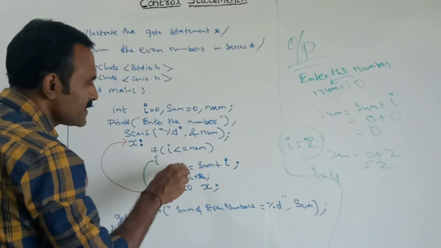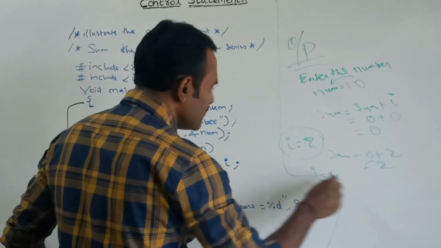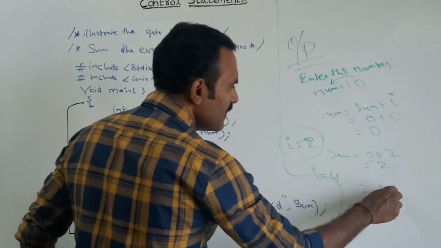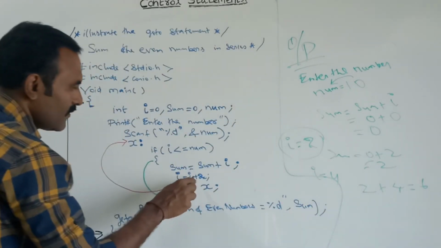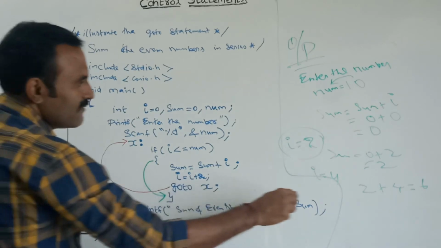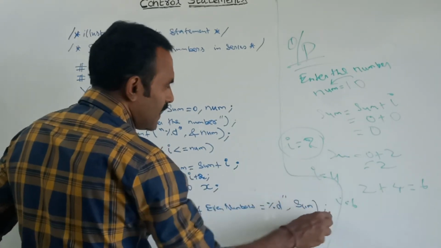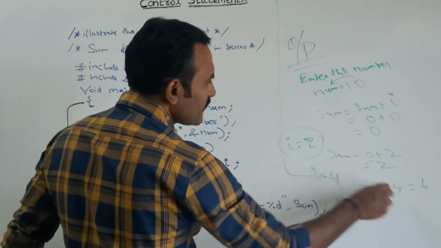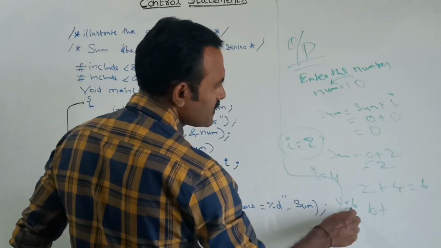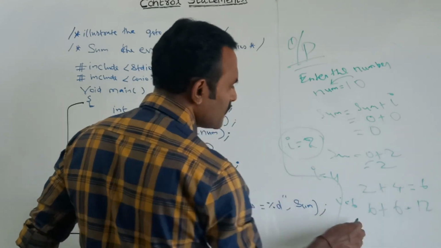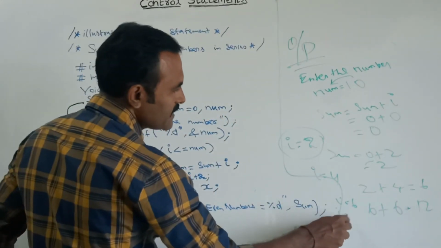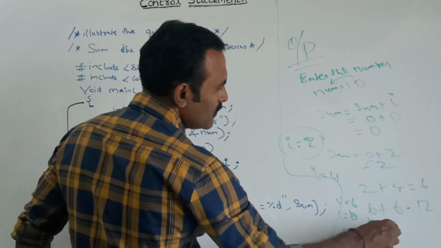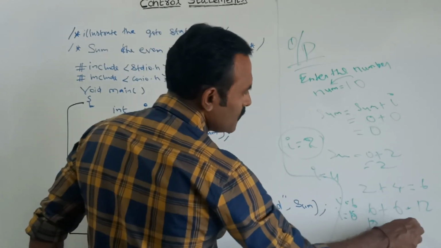Here it will check the condition, this is true. So here sum is equal to sum plus I, that is now currently value of sum is equal to 2 plus now I value is 4, that is equal to 6. Now again I value will be incremented to 6. After that it will repeat this process the same. Now currently value of sum is 6. Next here 6 plus 6 is equal to 12. In the same way, when I is equal to 8, at that time now currently sum value is 12. 12 plus 8 is equal to 20.